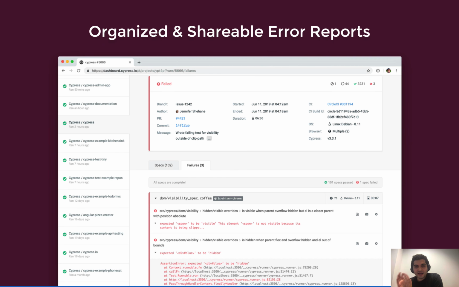We were just looking at passing tests, and passing tests are very boring. What's more interesting is how we see things when things go wrong, and this is really where the dashboard shines, because it really organizes and presents error points and errors very nicely. So if we click on this failures tab for this test run, we get to see each error that took place, get some more information about it, even see the full stack trace,